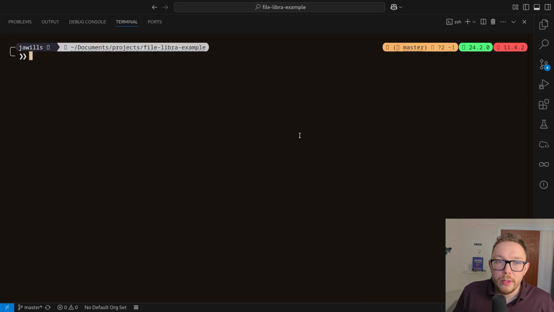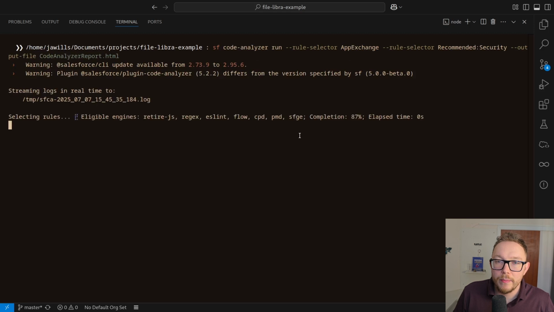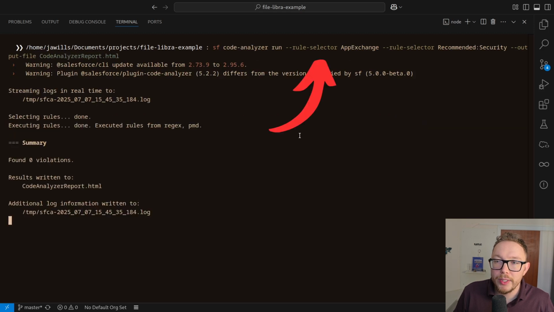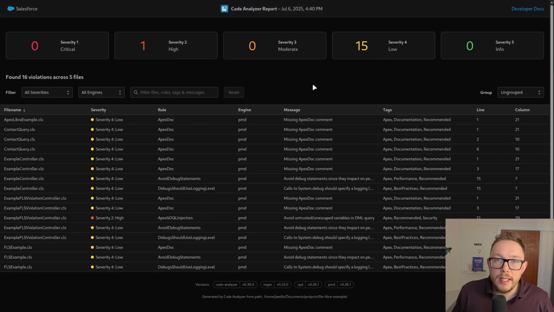Once that's installed, we can run the following command to run the Code Analyzer. We're using the AppExchange rule set to go and scan for specific vulnerabilities. This will output an HTML file that we can go and view in our browser. This HTML report is a good way of seeing the vulnerabilities at a high level for your entire project. When submitting for review for the AppExchange, you want to ensure that the Sev1 and Sev2 vulnerabilities are